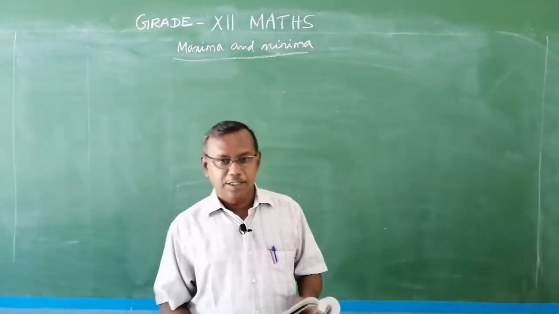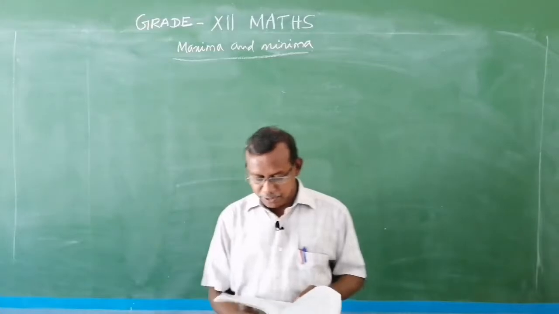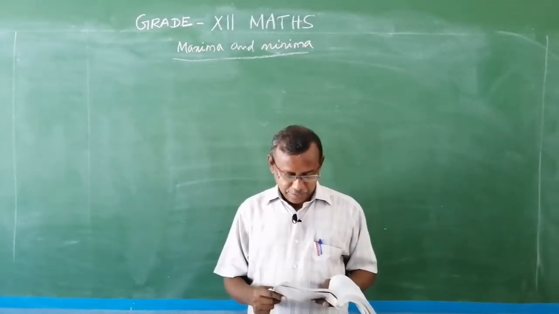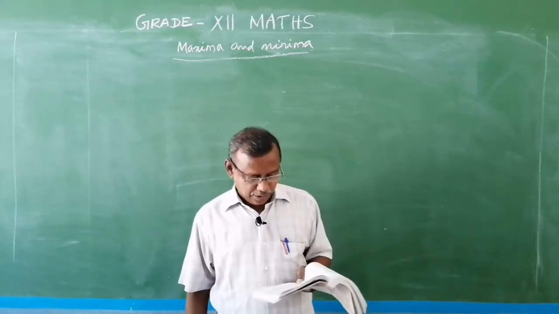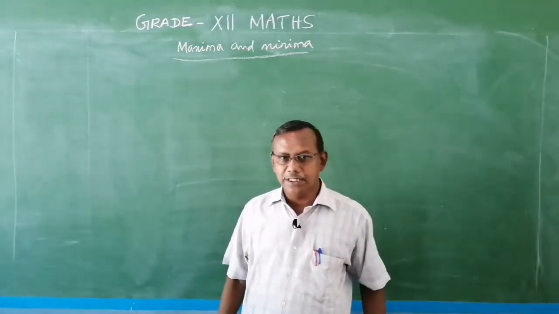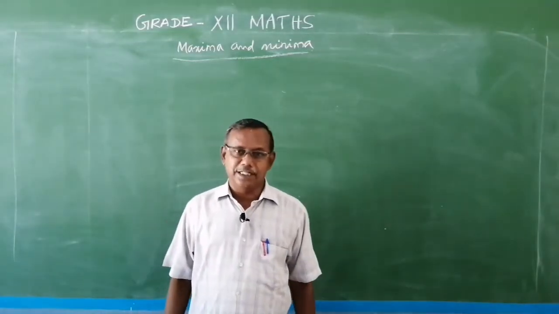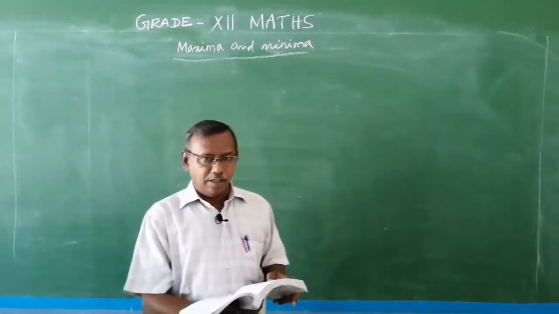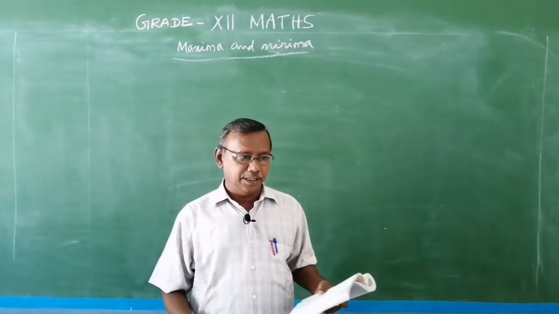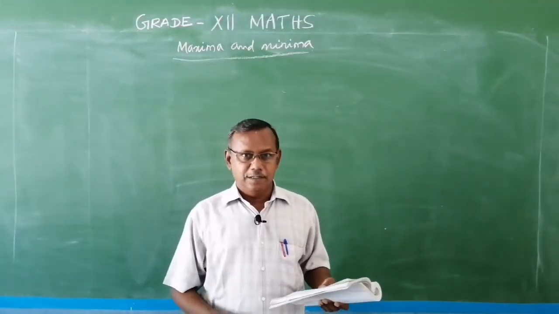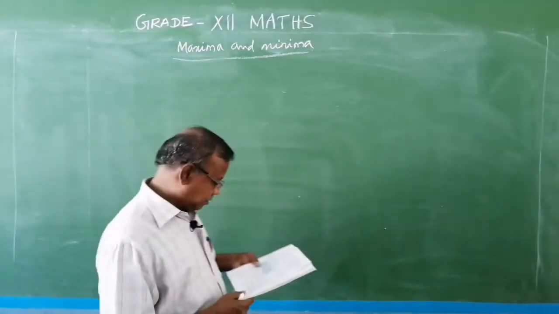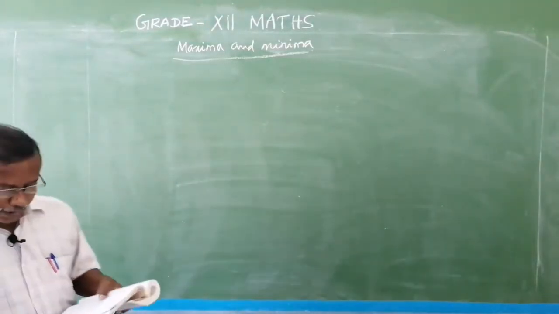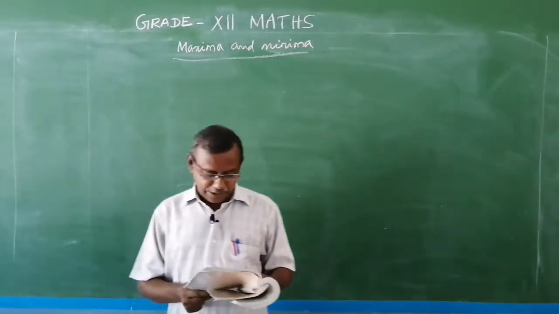Dear students, please take your first volume mathematics book and go to page number 221. Theorem 3, first derivative test. There are two derivative tests, the first derivative test and the second derivative test, in order to find the maximum and minimum values. These are all based on the sign of the slopes that we have obtained.